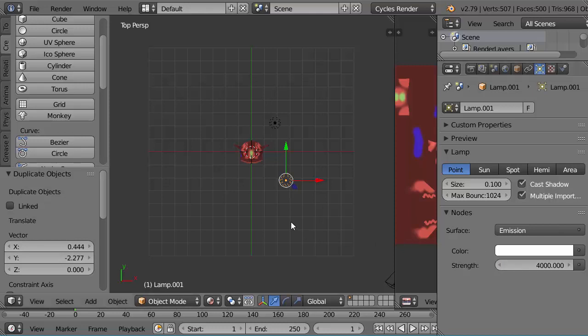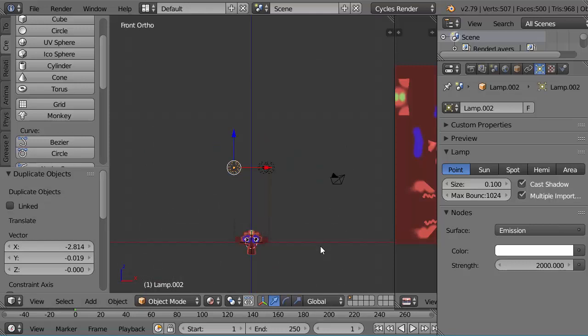and we'll duplicate the lamp one more time. This is your classic lighting setup with 3 lamps, one behind, one main lamp, and one lamp here to fill in the shadows, which we will call the fill lamp then, and this one is going to be therefore dimmer, maybe 2000. Also the lamps, if we look from the front view, pressing 1 on the number pad and 5 for the orthogonal view, front orthogonal view, these lamps are all pretty high, too high really, so I'm going to select them,